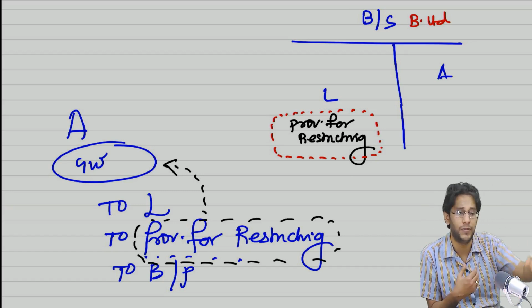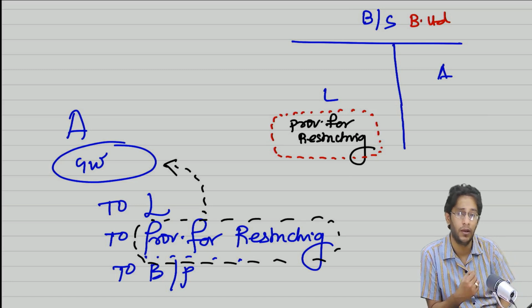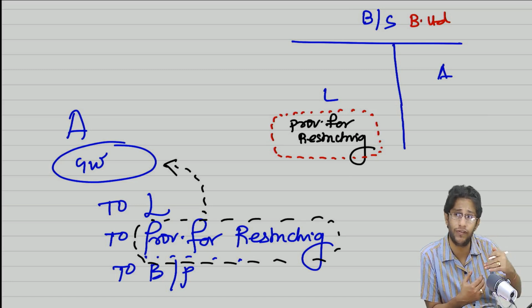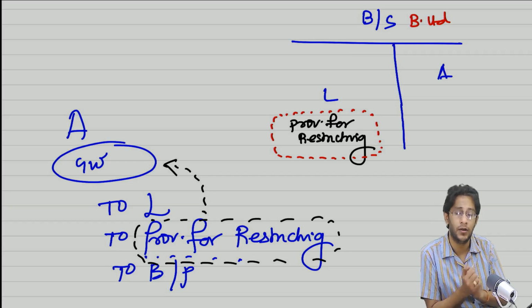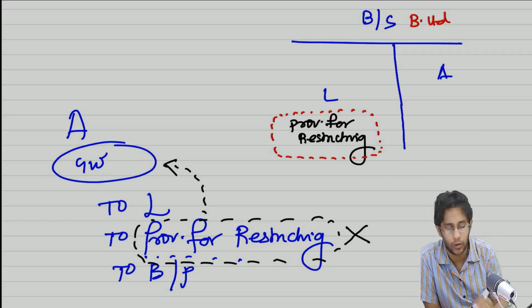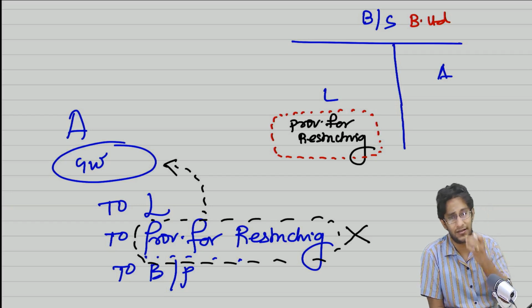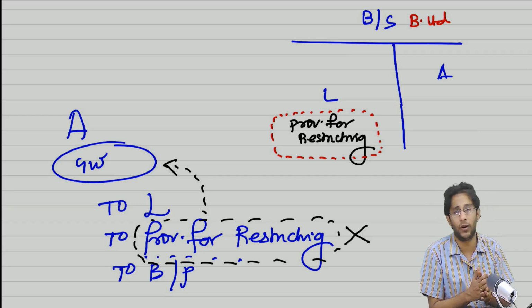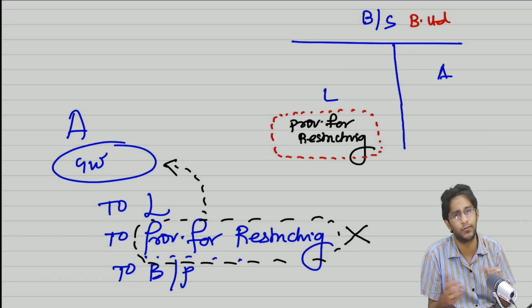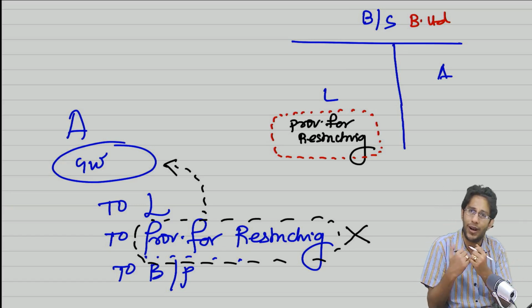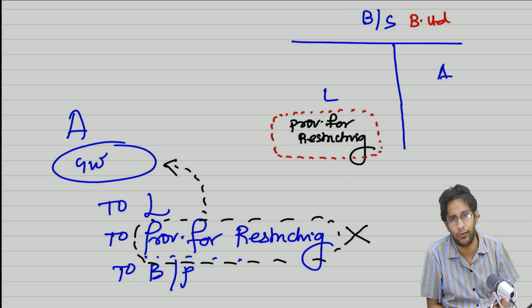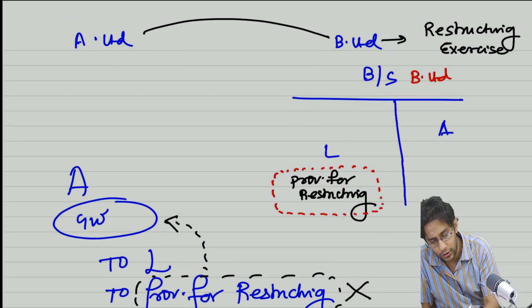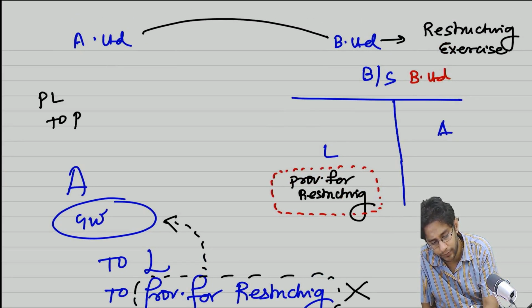How can a post-business combination activity, which A Limited wants to do for its future conduct of business, decide the amount of goodwill or capital reserve as on today? So this cannot be incorporated. Imagine, sir, the same thing happens very straightforwardly. B Limited has so many divisions, loss making and all. Imagine A Limited took over as it is. After taking over, A Limited announced the restructuring activity plan and all. Then A Limited should have recorded this entry, no?